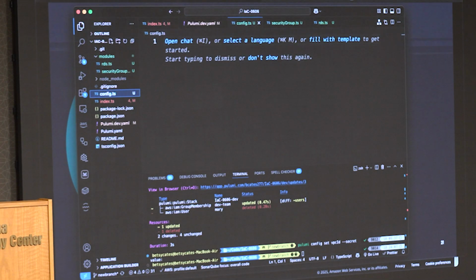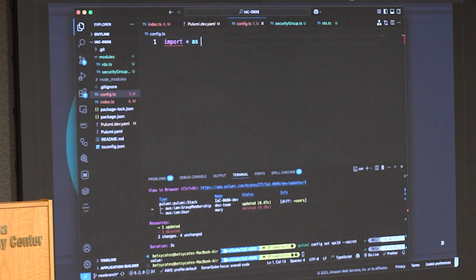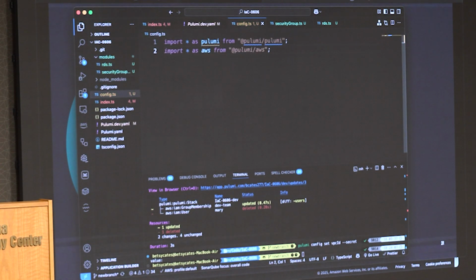And let me pull that over so I don't type all of it out. I'll just type it: import as Pulumi from, there we go.